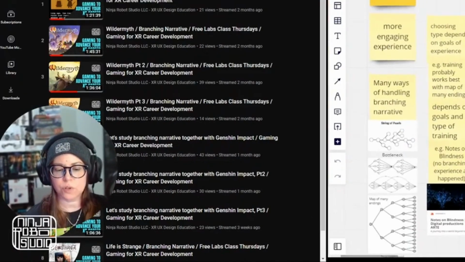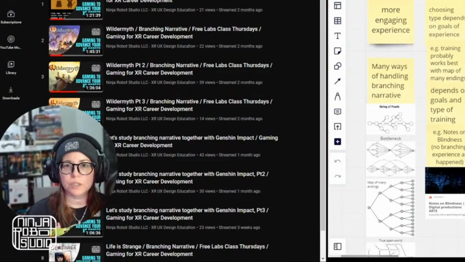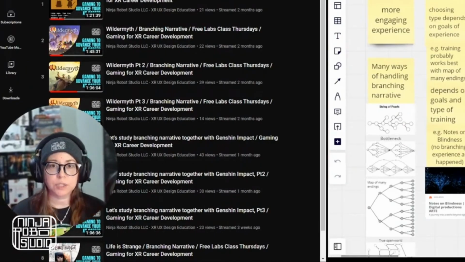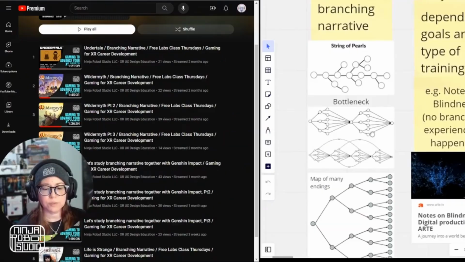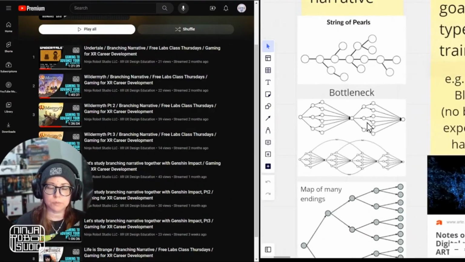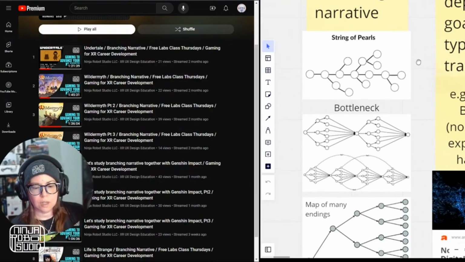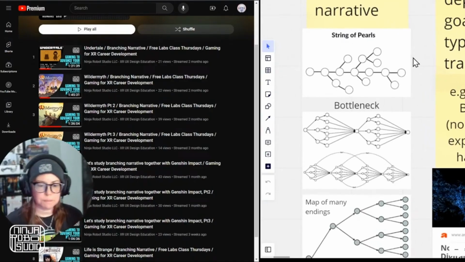And what we've learned so far is that branching narrative can create a more engaging experience. And there are many different types of branching narrative available. And we've just been learning this by playing the games and observing what's been going on in them. Haven't taken any classes on branching narrative or anything. I'm getting this from my experience working on these training sims on the job in the past and playing games. That's how I've learned, and this is how you can learn with me.